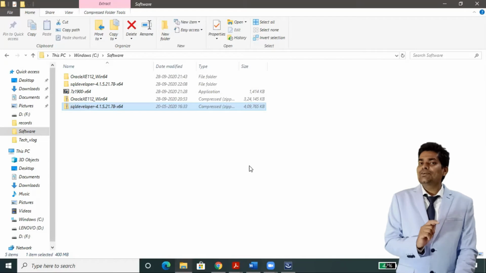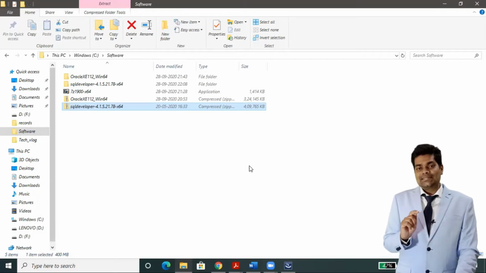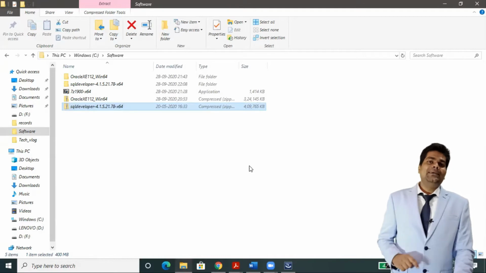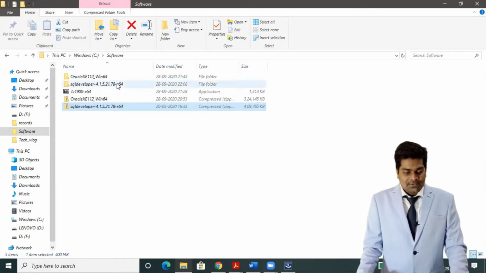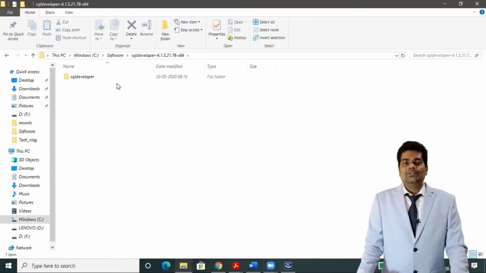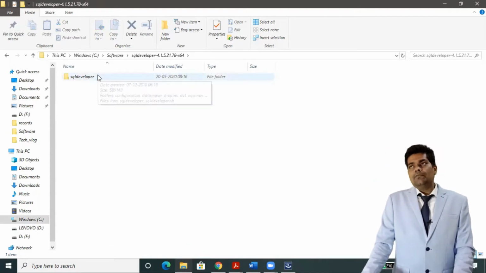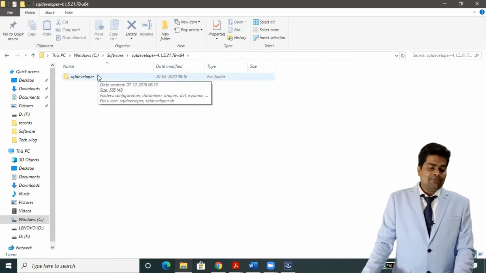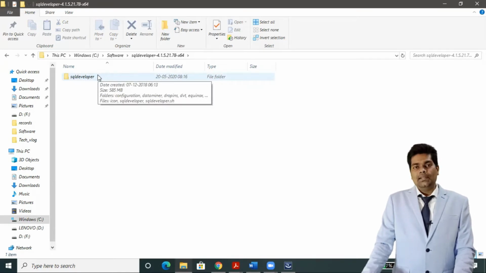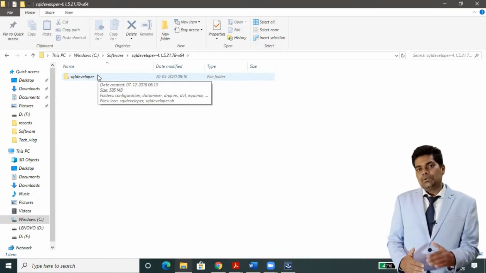If you delete this software or setup file, you will not be able to use Oracle SQL Developer. So we have simply unzipped it, and I would suggest keeping this SQL Developer folder inside the C drive, so we will not